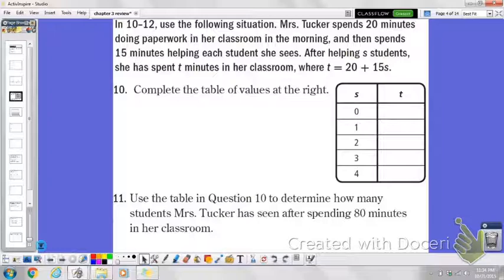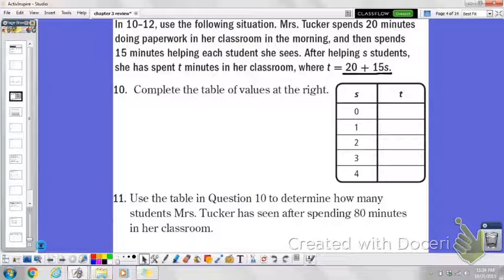Well, you can do this one of two ways. You can substitute each of these values into our equation and find out what T is equal to. Or you could go into your calculator, type in 20 plus 15x, look at your table, and then get your